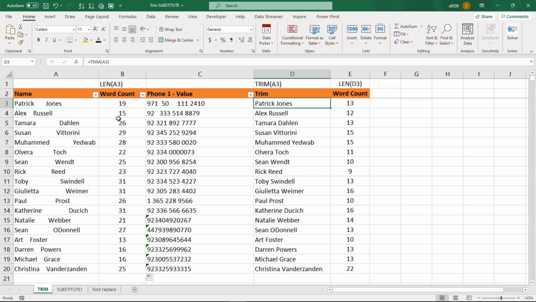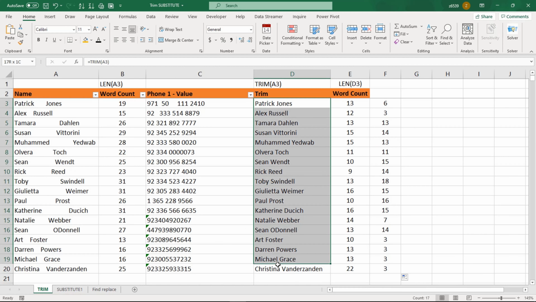Here as well, when I trimmed it and then used the LEN formula, you find here 13 characters now. Here 19 and here 13. So there is a difference in both of them. If you want to see the difference, just use a simple formula and you will find the difference of the values. Here I use the TRIM formula,